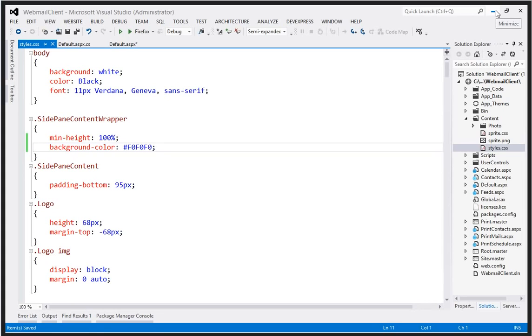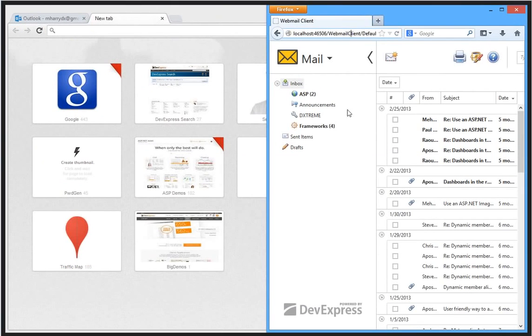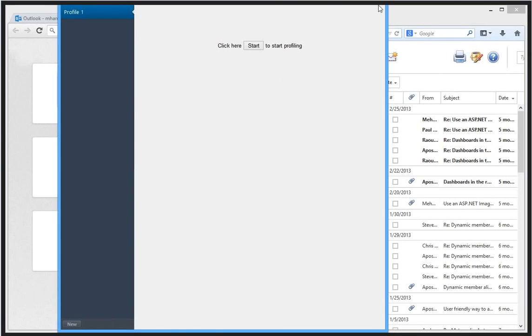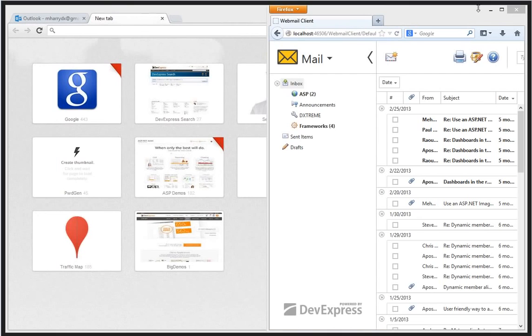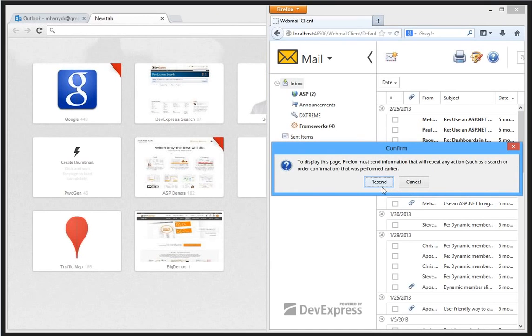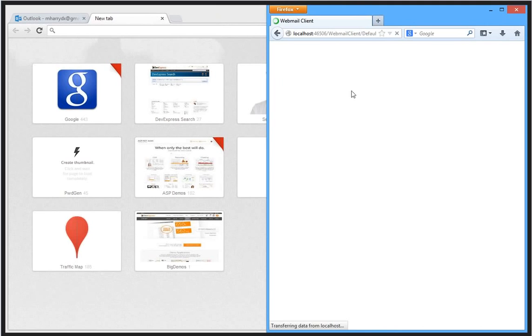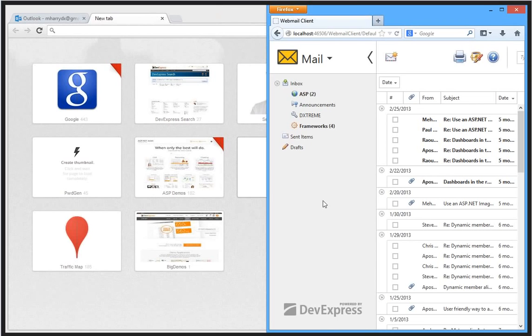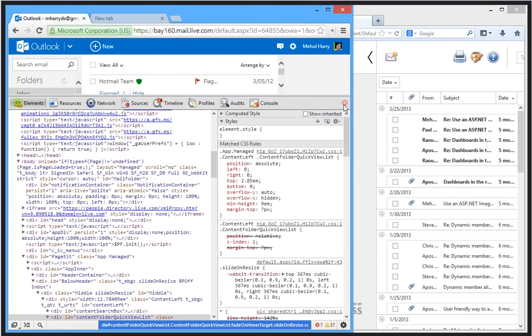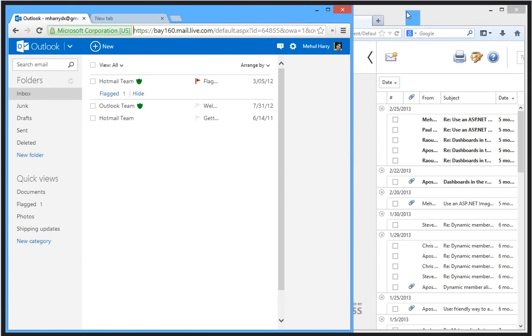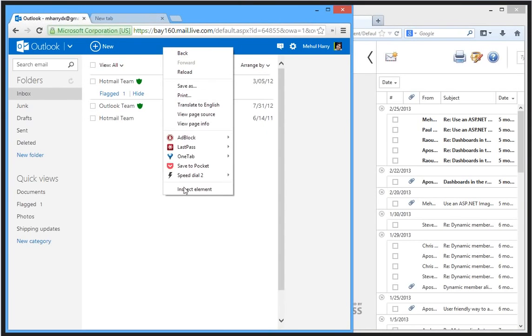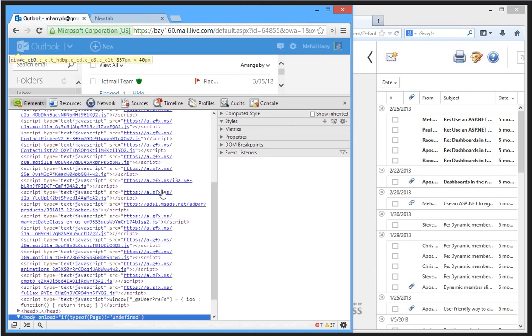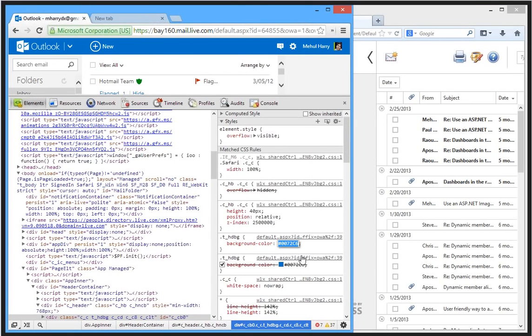Now, before we, well, okay, let's take a quick look at this, all right? And I'm just going to hit Shift F5. Oops. Firefox likes to do it a little bit differently. Shift F5 brings up their profiler, so Control F5 will refresh it. I want to make sure that it goes in case it's cached any of the styles. So just by making that simple change, we're already that much closer to the sort of the look, right? We've got the gray. Now to get the blue, I want to make sure that I got the right blue. So I'm just simply copy this